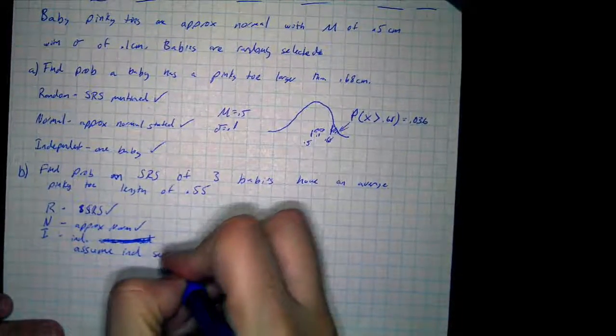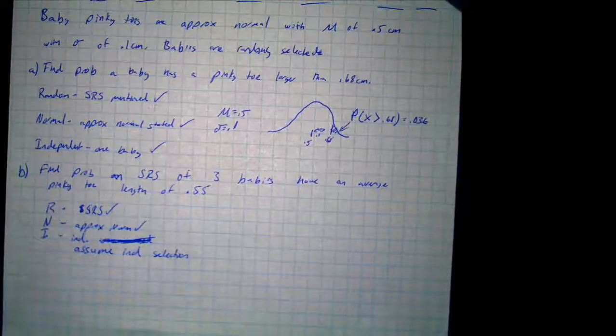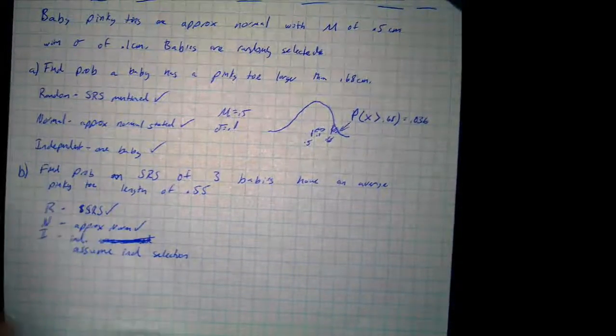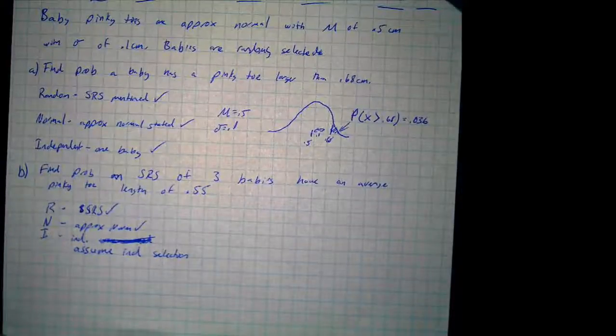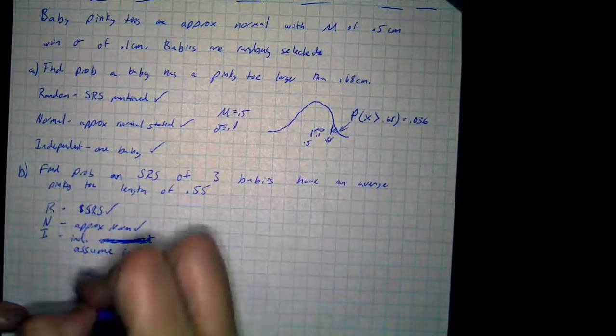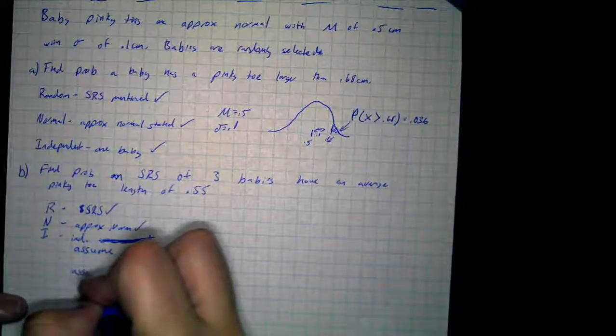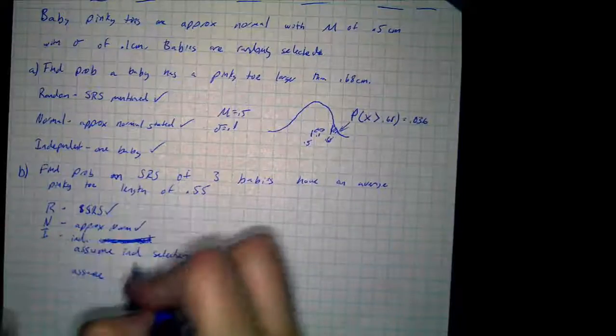Independent selection. Right, so we're going to assume they're not triplets. We're going to assume they're just babies 1, 2, 3. This is the preemie section. I don't care. We're just going to say that they're independently selected. And we're also going to have to check the 10% rule. So we're going to assume